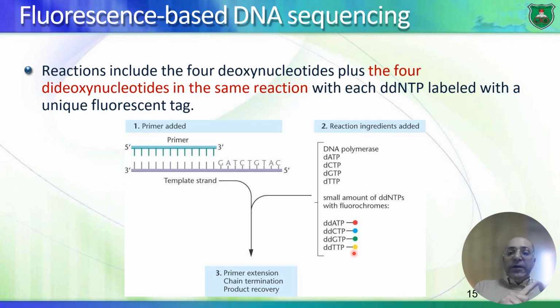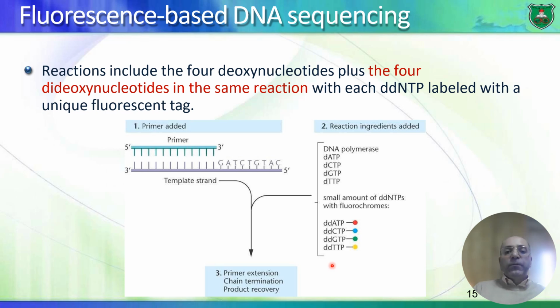So we have the template, we have the primer, we have the enzyme, we have the regular substrates, deoxynucleotides, deoxy A, deoxy C, deoxy G, deoxy T, and so on. And then the 4 dideoxynucleotides. But each one of them gives a certain fluorescence, okay, as shown in here. Do not memorize, of course. Okay, and then we have DNA synthesis. Remember, again, we have many molecules of templates, many molecules of primers and substrates and enzymes and everything else. So let's say we have 1,000